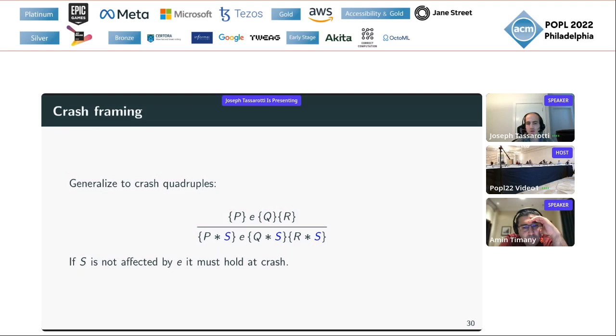We know that E does not need to access or affect the resources described by S, so we can be sure that at each intermediate execution point of E, the resources in S still hold. That's why the crash condition can be R star S.